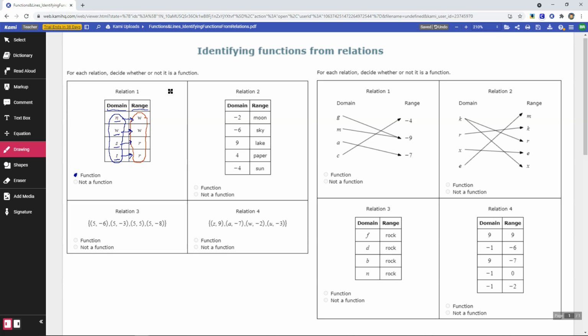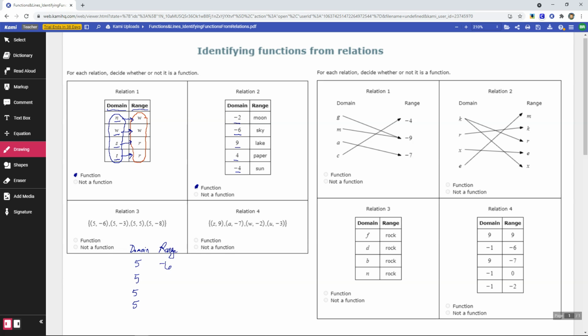In relation 2, again, we have -2, -6, 9, 4, and -4. Because each of those is unique, we know right away that this is a function. Looking at relation 3, this time we don't have it laid out in domain and range. Remember, domain is your x values, range is your y values. So the domain is 5, 5, 5, and 5,